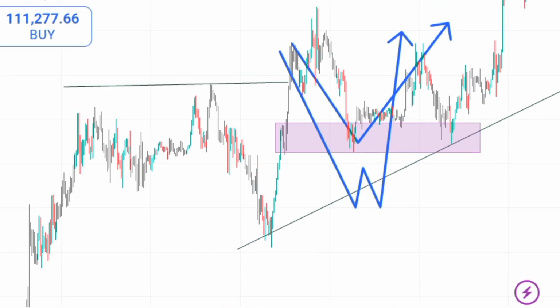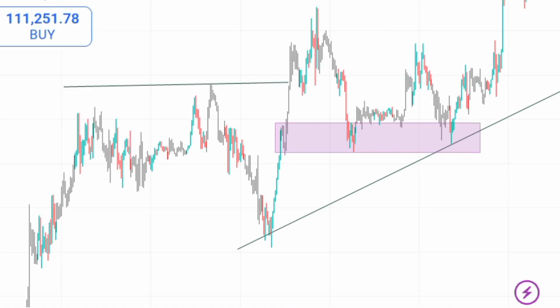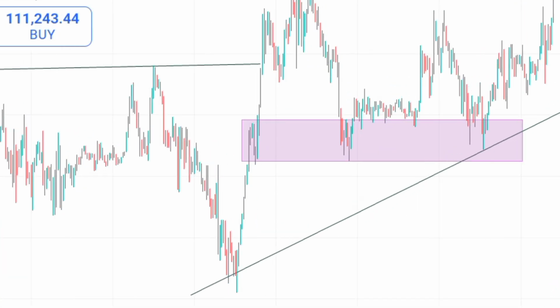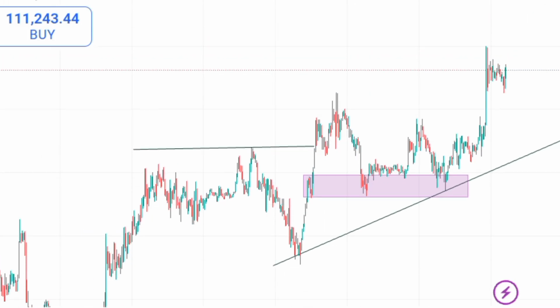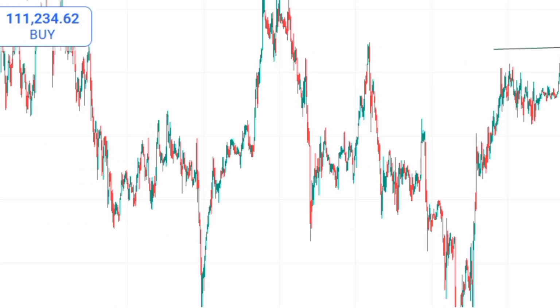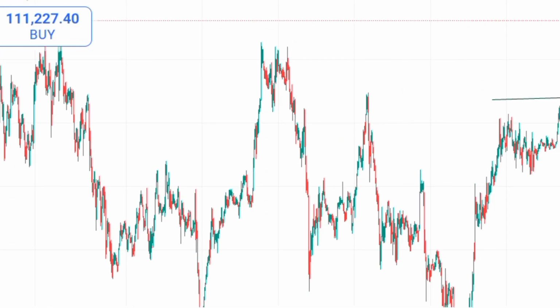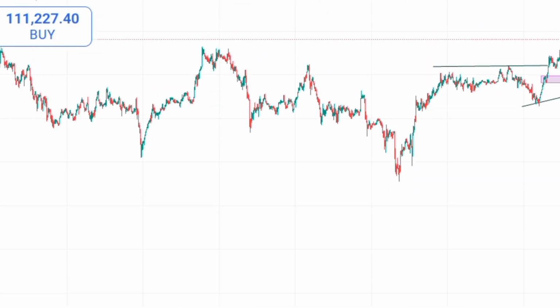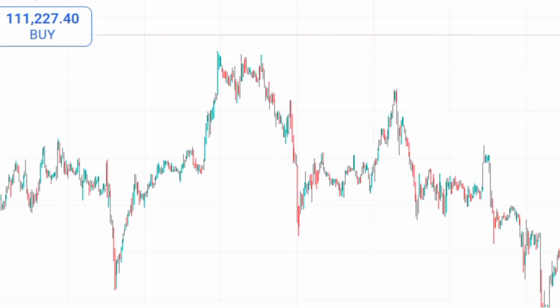Okay, so now as you can see here, after seeing the break of market structure, you can see that the market just came back to that trend line, and it bought again, right? So now also when you come right here, here the market was in the bearish trend, right? Here the market was in the bearish trend. Why? Here you can see that